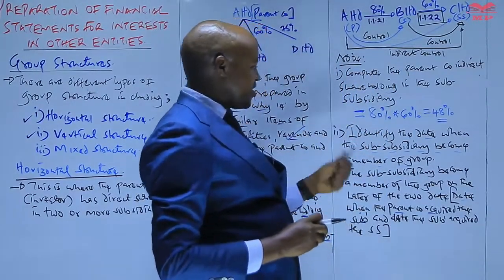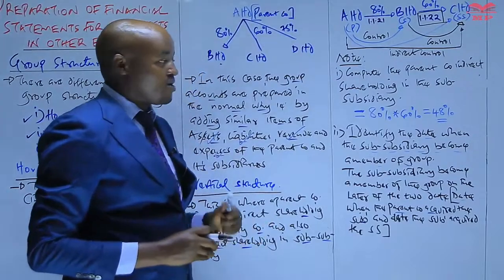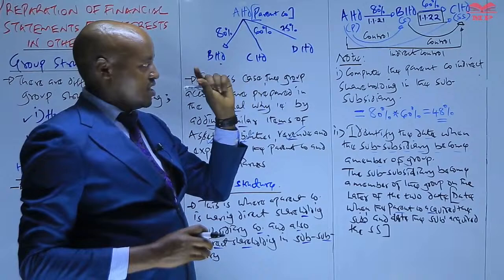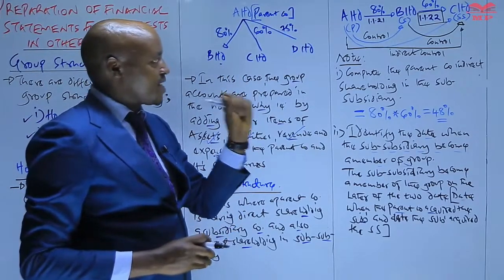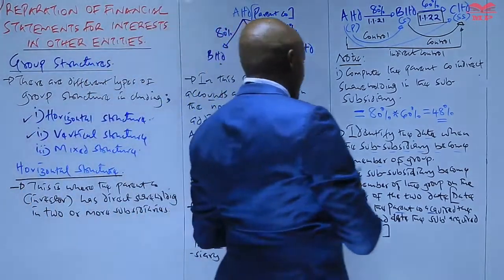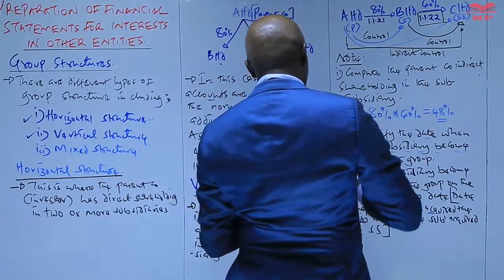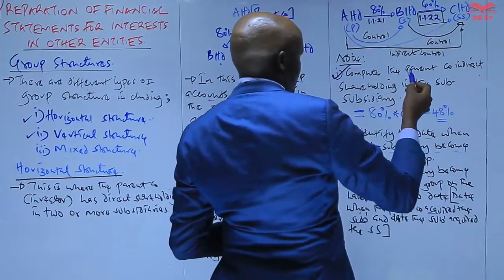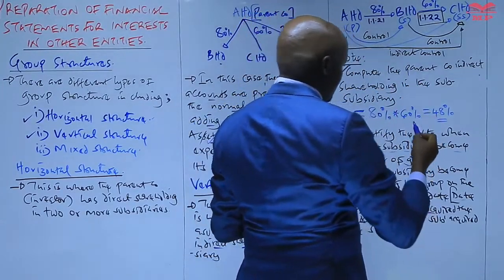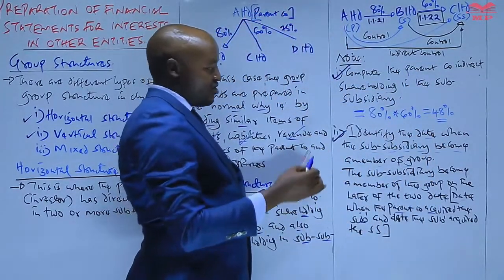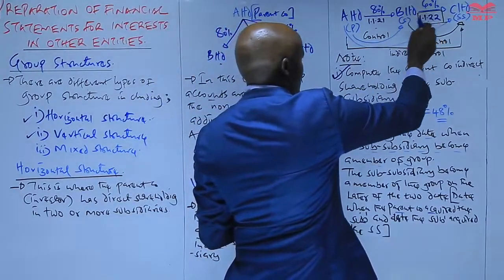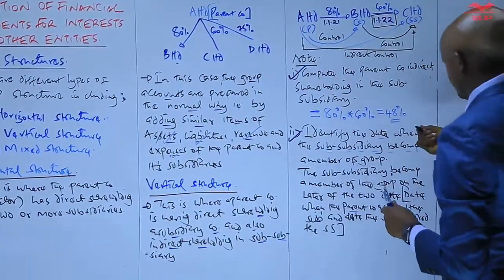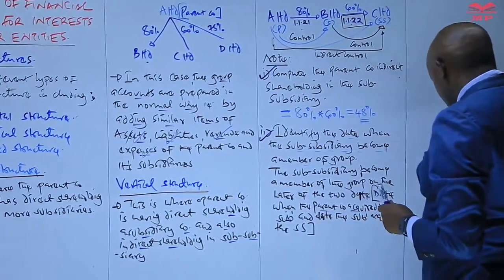And also when preparing now the group account or the consolidated financial statement, we must also know that we are going to consolidate the result of that particular subsidiary from that particular date. That is the other important point when dealing with a vertical group structure. Other than computing the parent company direct shareholding in C, you also need to identify the date when the subsidiary became a member of the group, of which you have said it must be the later of the two dates. So the other important point, point number 3,